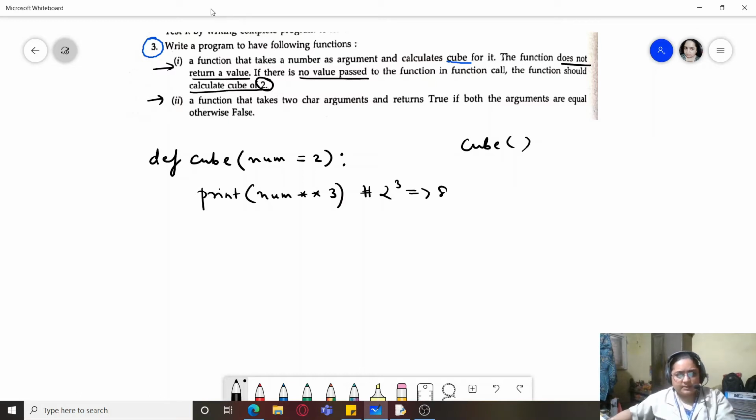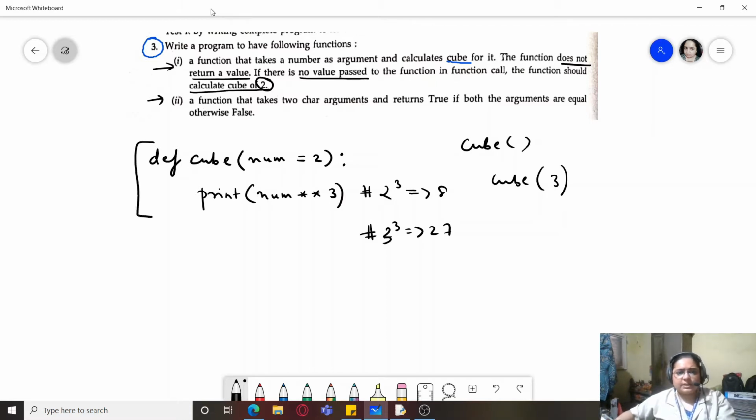And if some other number is passed, for example cube 3, then it will give us the value 3 cube, which equals 27. This output is also going to be printed on the screen. If nothing is passed, then obviously the cube of 2 is going to be printed. So, a very simple question at that.